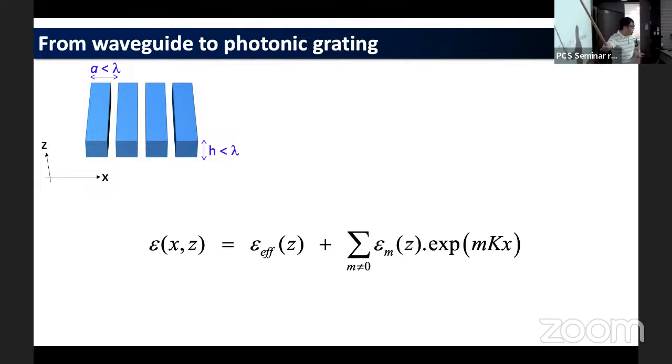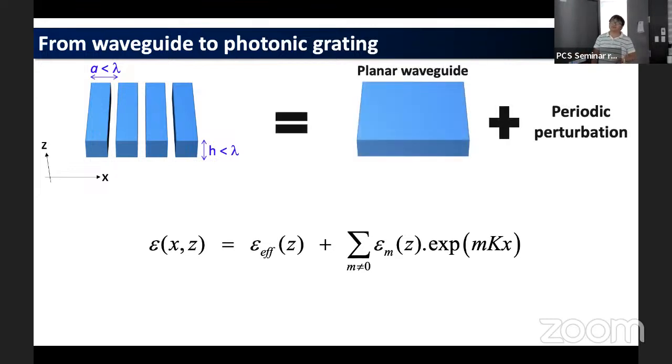So how do we describe this system? If I write the dielectric function, now there is no dependence on y, so it's for x and z. This is a periodic function that we can decompose in a Fourier series. As you can see in this Fourier series, we have plane waves with different Fourier components, and the z corresponds to the vertical confinement. In our approach,